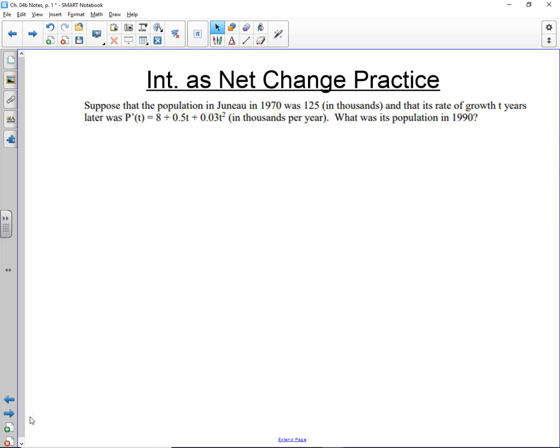And you may use your, look at those decimals, calculator. This would be a calculator problem. The rate of growth is